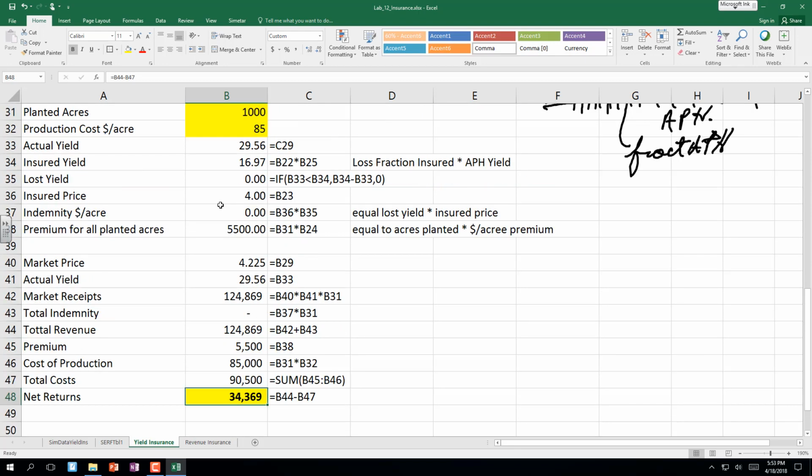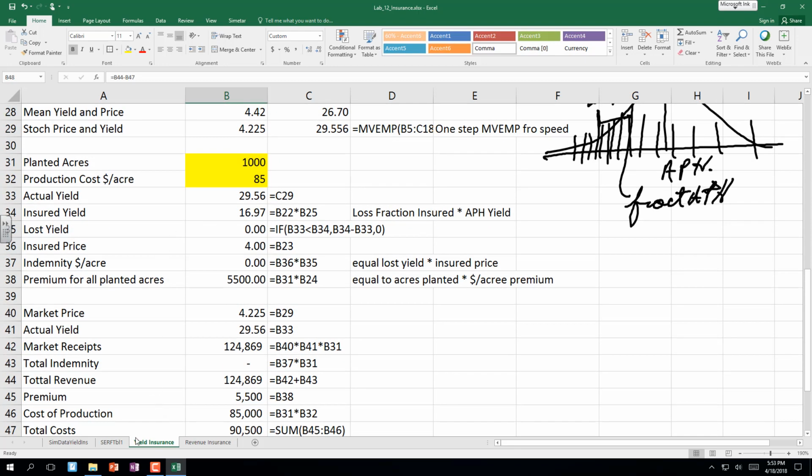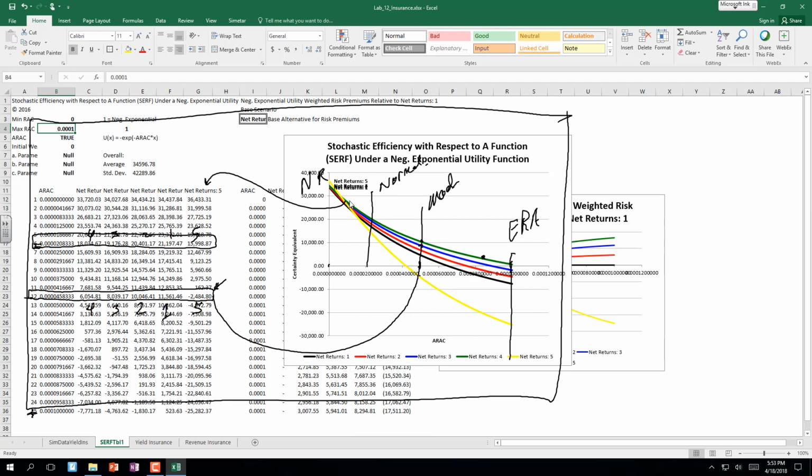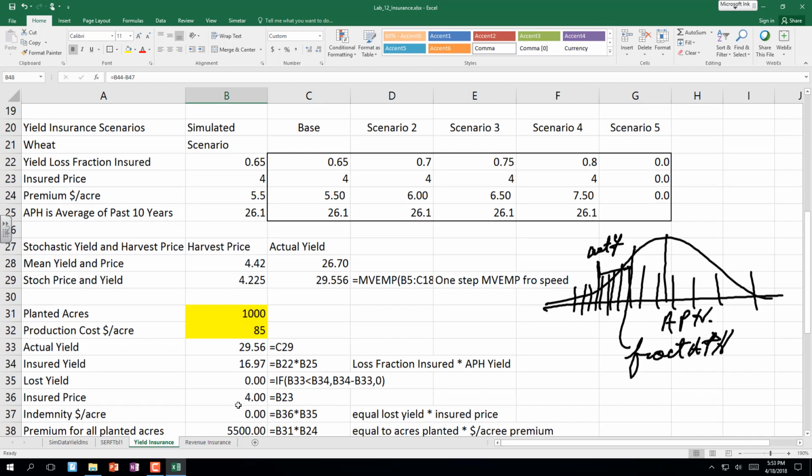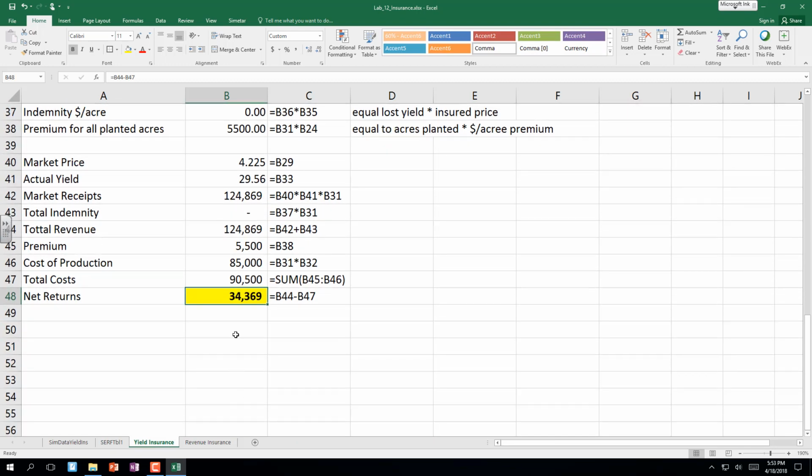Does anyone else have a significant difference in this chart? I did. It's because I accidentally grabbed the market receipts and not the total revenue. Yeah, if you're calculating the net returns down there using market receipts instead of total revenue,